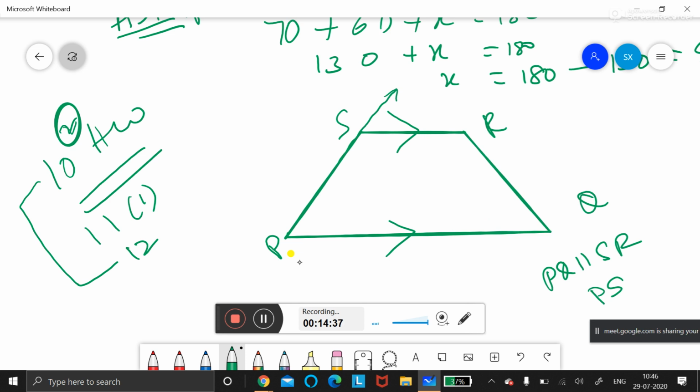You have learned the parallelogram theorem and its properties. Any two lines are parallel. If a line cuts them, it is called a transversal. You should write PS is called a transversal. In a transversal, alternate interior angles are equal, Z shape. You remember we learnt in 7th standard? What are these two called?